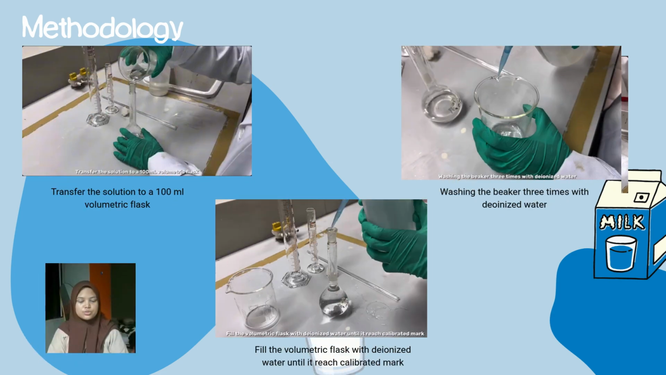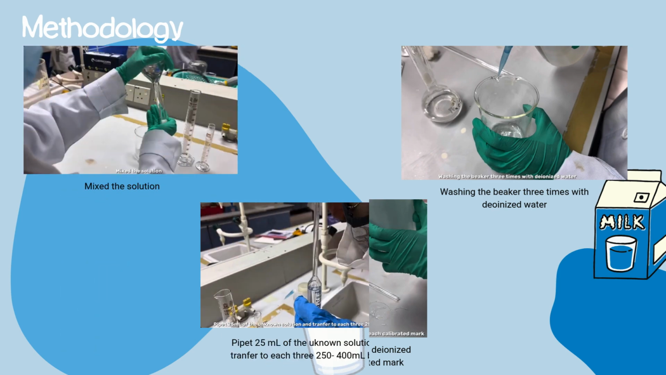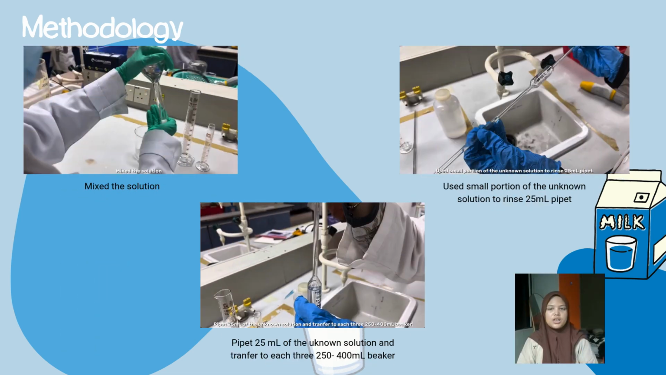The clear solution was then transferred into a 100 ml volumetric flask. The beaker was washed 3 times with deionized water and the washings were added to the flask. Finally, we filled the volumetric flask with deionized water until it reached the calibrated mark. After mixing the solution thoroughly, we used a small portion to rinse the 25 ml pipette. We then pipetted 25 ml of the onion solution and transferred it into each of three 250 to 400 ml